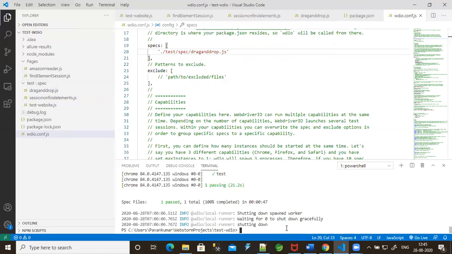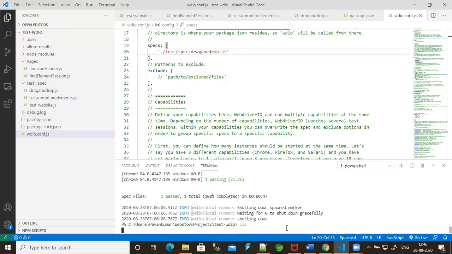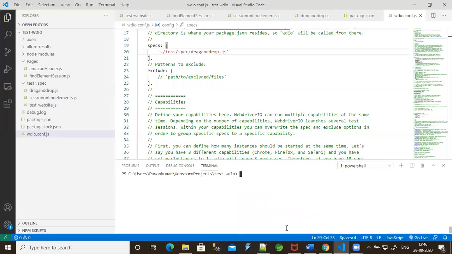Let me first clear the terminal with cls. It takes some time to clear the terminal. Yeah, cleared. Let me give the command npm test.